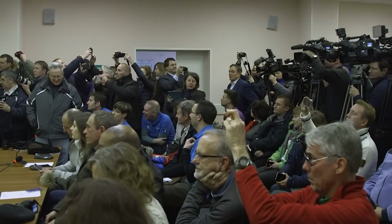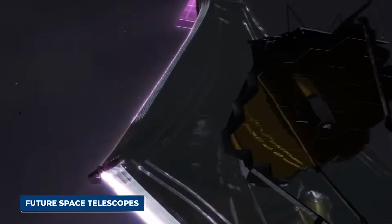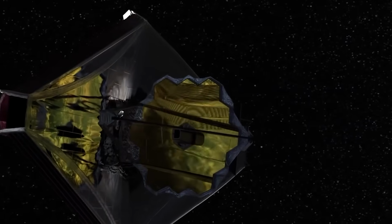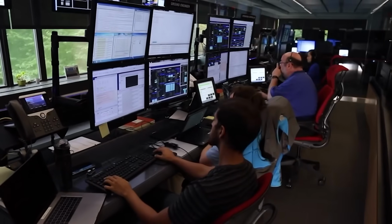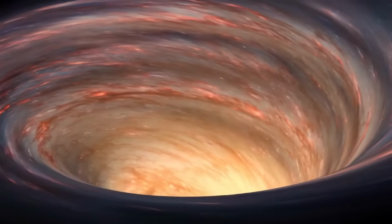In the coming years, scientists will undoubtedly revisit this observation with even more refined instruments, perhaps using future space telescopes equipped with quantum sensors or gravitational field imaging. Webb has set a new standard, but it is also a beginning. For now, though, this first image of the inside of a black hole stands as a milestone in the story of human exploration. A moment when we peered into the ultimate unknown and for the first time received a vision